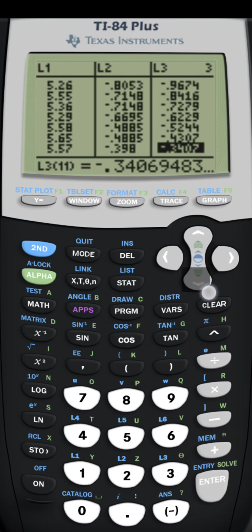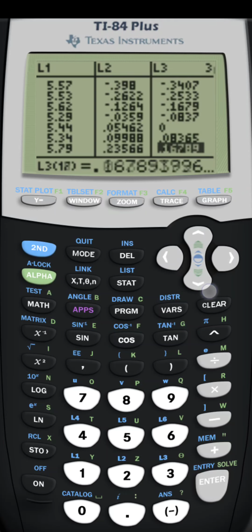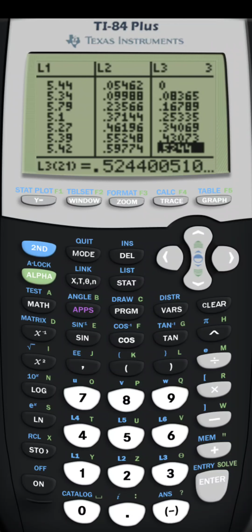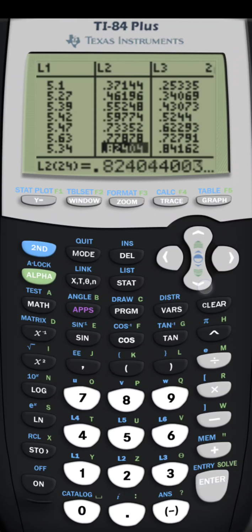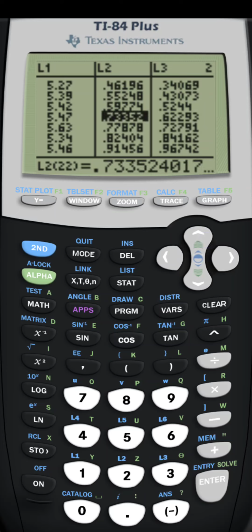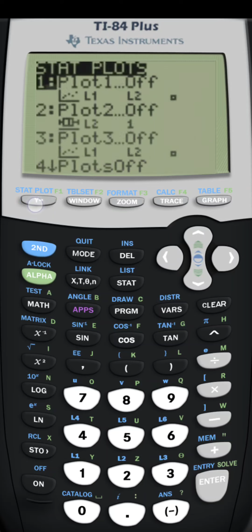So these are the z-scores we should observe in a perfectly normal distribution, and these are the z-scores that we have observed. So if we create a scatter plot of these, with L2 being the x-axis and L3 being the y-axis, and we observe an approximately linear relationship, that implies that the distribution we're looking at is approximately normal. So let's go to stat plot and see what we see. We'll turn on the first one,